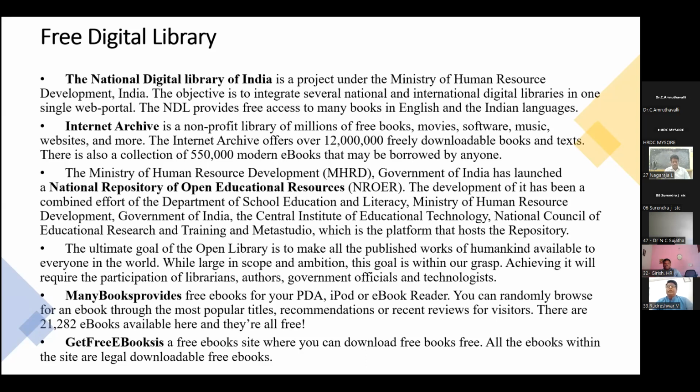One more portal is called Get Free Ebooks. It is a free ebook site where you can download free ebooks freely. All the ebooks within the site are legal, and downloadable free ebooks. So these two I'm using effectively, wherein very easily you will be able to download in the form of a PDF file or in any other format, depending upon what device you are downloading to and what the operating system is, whether you are using an Apple iPad or a Microsoft device. Depending upon that, you will be able to collect the right type of